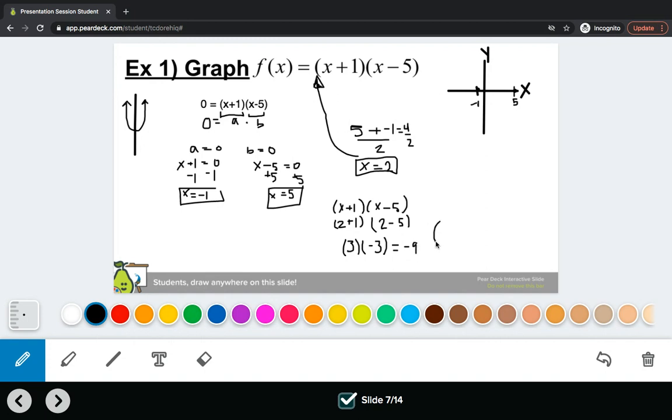So now I know my vertex is at 2, -9. So we'll say 2 is about here, and we'll say -9 is like down here. Again, very rough sketch since I don't have a graph paper drawn on here. And I'll say here is my vertex point. And then I would connect my points, my point here at the 5 and my point here at the -1. If I connect all 3 points,